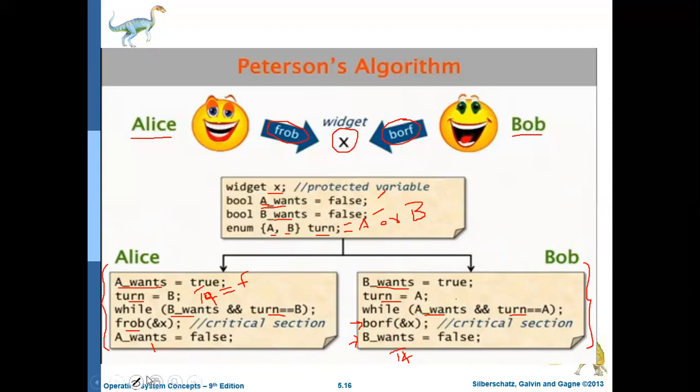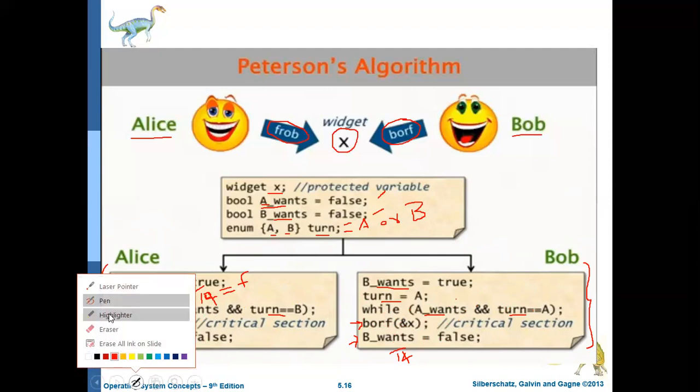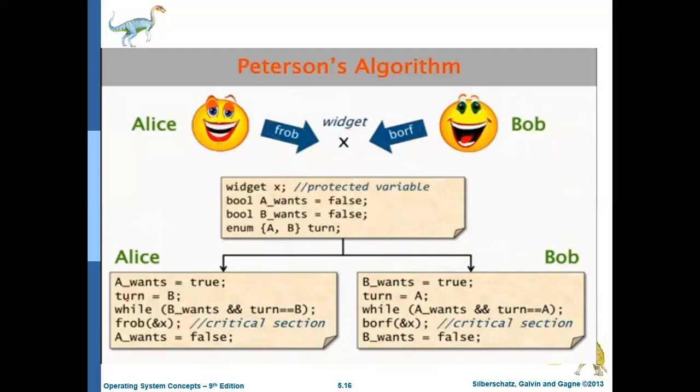In the last lecture, we discussed one solution for the critical section problem, but there we used only one variable, turn. We have not used A wants and B wants. That algorithm also solved the problem of critical section by ensuring mutual exclusion, but it fails with respect to progress, because after process one, it forces process two to enter the critical section, and again it forces process one to enter the critical section. That is, it should always follow that order. Okay, so that is the drawback with that algorithm.